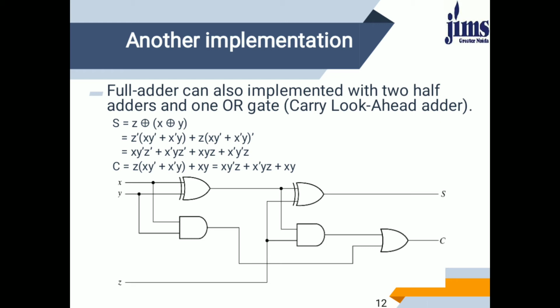So I have implemented it, and here the PPT is for your reference, through which you can check how I have calculated it and how it is equivalent to the previous sum output. You can see a total of 5 gates are required, 2 XOR gates, 2 AND gates and 1 OR gate for implementing the full adder. So as a final conclusion, I can say that a full adder can be implemented with 2 half adders and 1 OR gate.